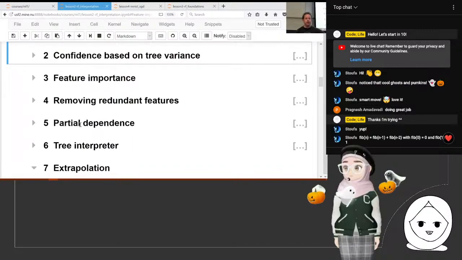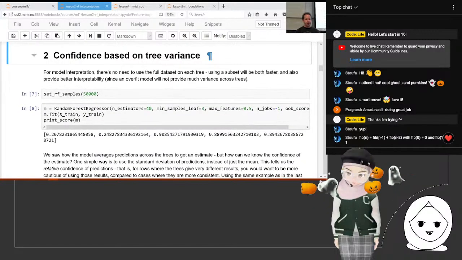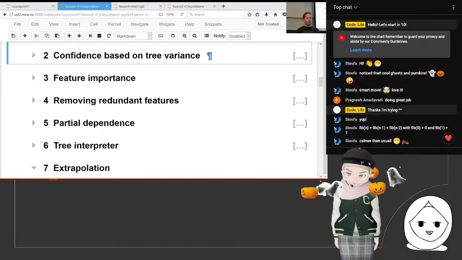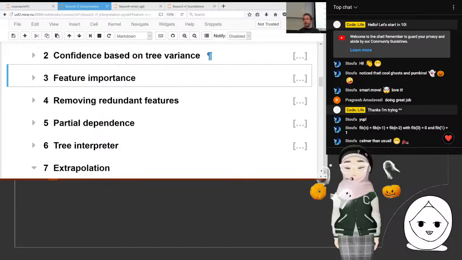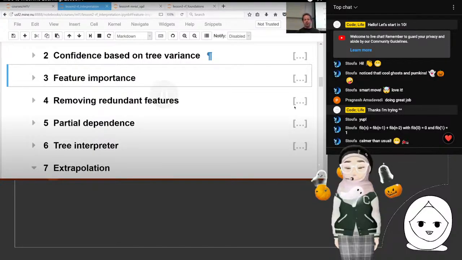So for confidence based on tree variance, we've already written that code, so I suspect that the exact same code we have in the notebook should continue to work. So you can try and make sure you get that working. Feature importance is with the variable shuffling technique. And once you have that working,